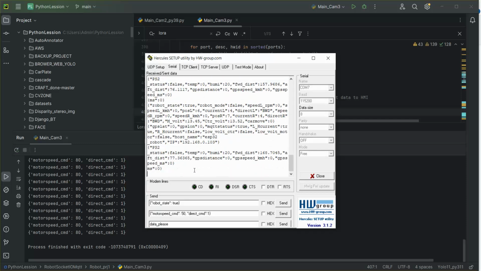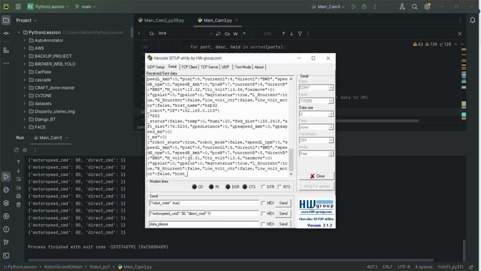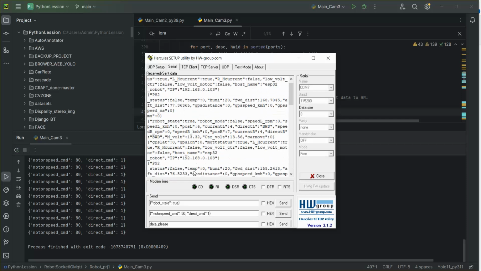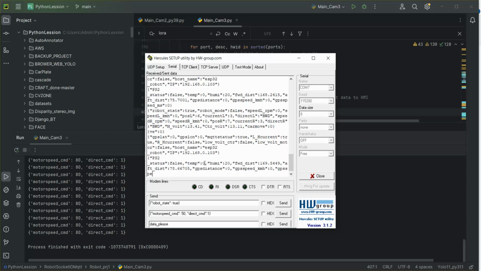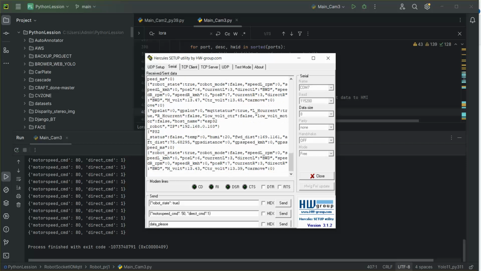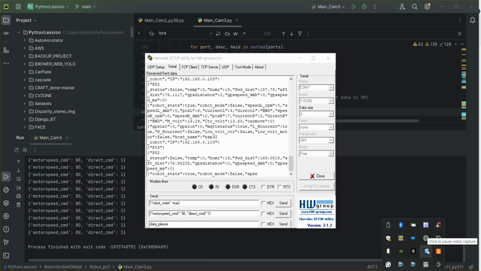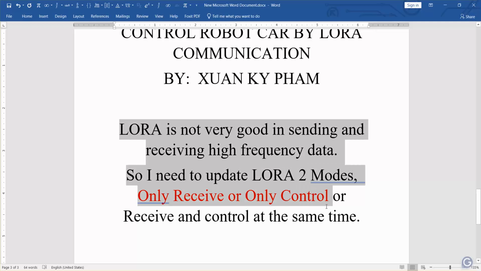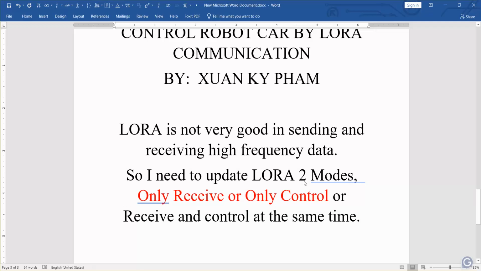Understand? So I need to create one option for LoRa communications: just receive or just control. Because in sending and receiving data, my frequency is at the same time. So I only receive or only control. What I'm doing here